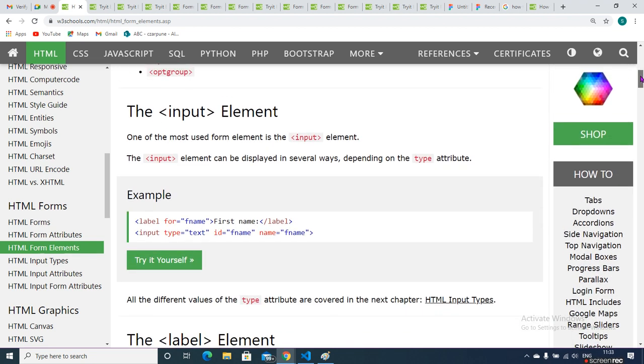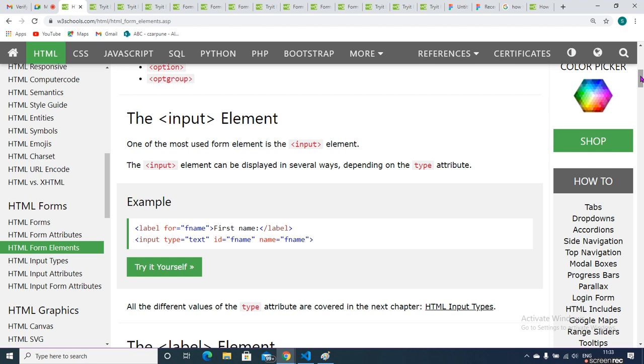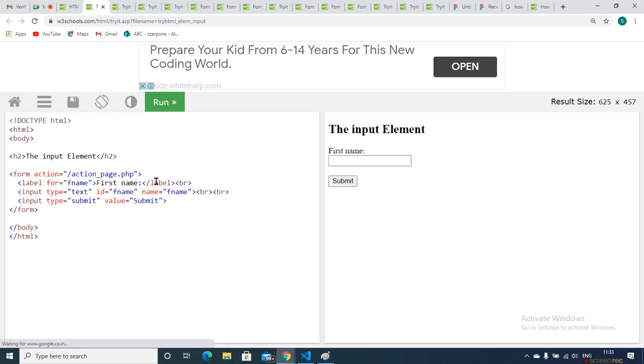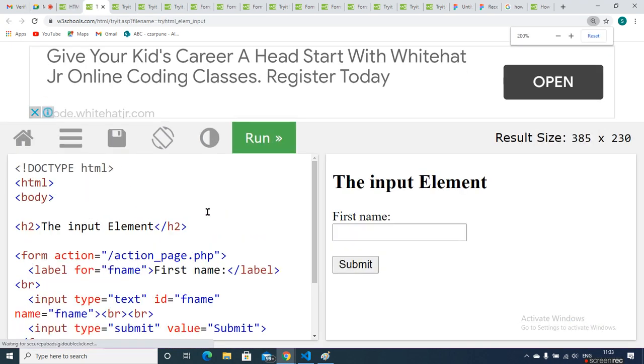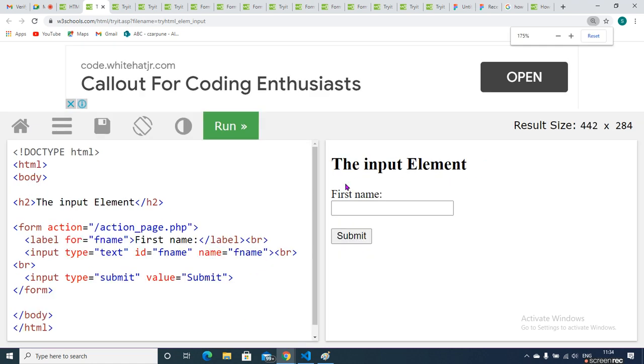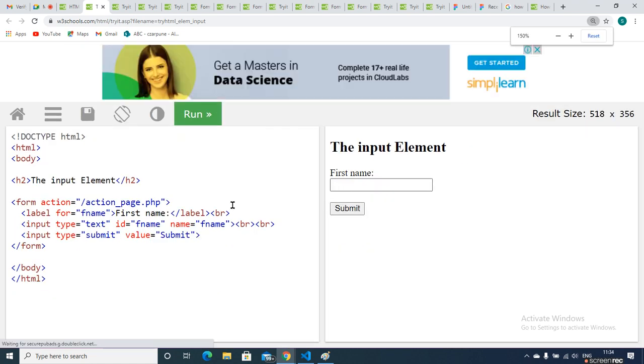As I have explained many times, each HTML element, here you can see this is the element.